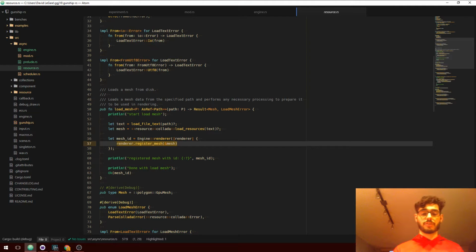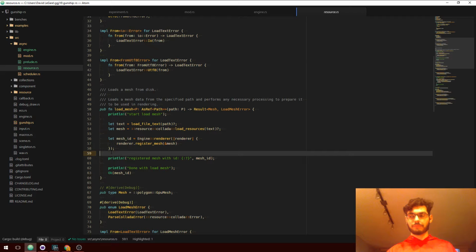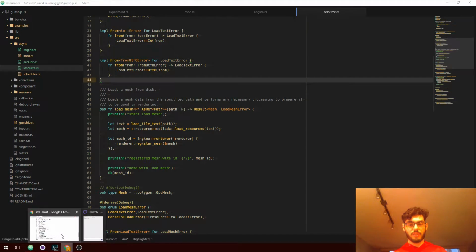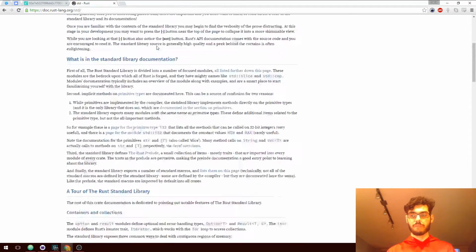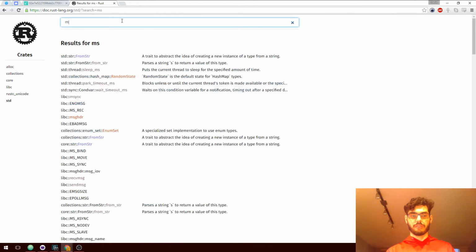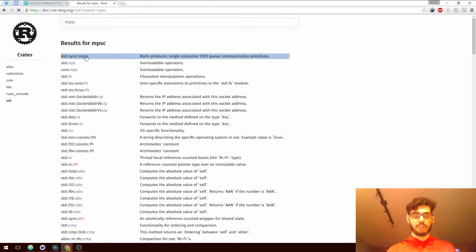Now, this is relatively simple. However, it's not necessarily ideal. I might be trying to load resources across multiple threads. The more synchronization that we do in that respect, the more performance that we're leaving on the table. So I think there is a smarter way of going about this. And I think that way is to do the magic of MPSC. The one channel